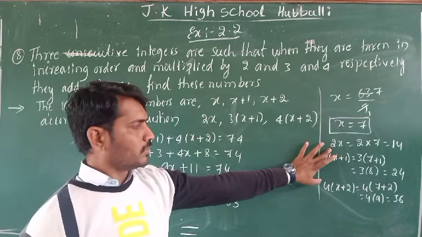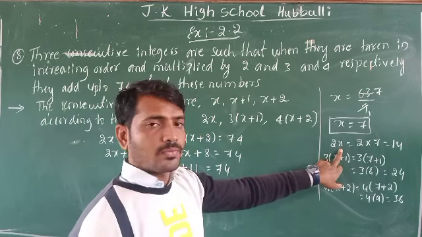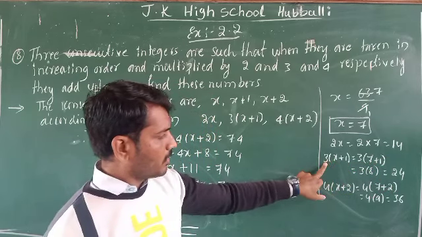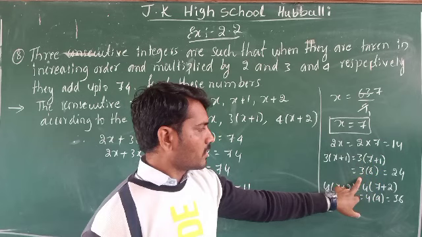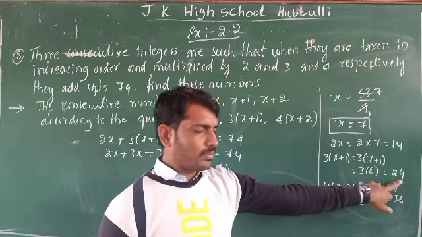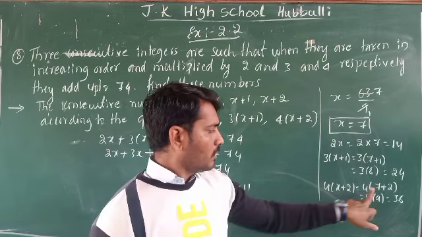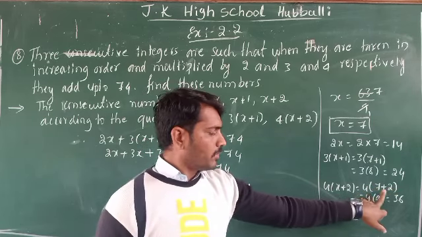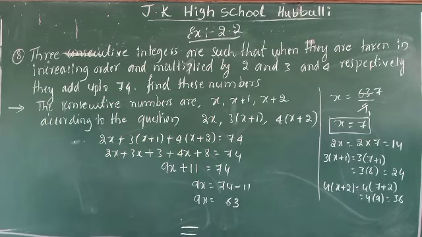So these are the values. First one is x. So what I did, just substitute the value of x. What is the value of x here? 7. 2 sevens are 14. 3, what is the x value? 7. So 7 plus 1. 3 as it is, 7 plus 1 is what? 8. 3 8s are 24. Next, 4, x plus 2 is there. 4 as it is. What is your x value? 7. Remaining is 2. 7 plus 2, 9. 9 4s are 36. This is your question number 8.